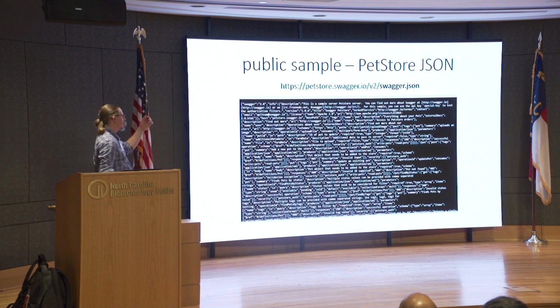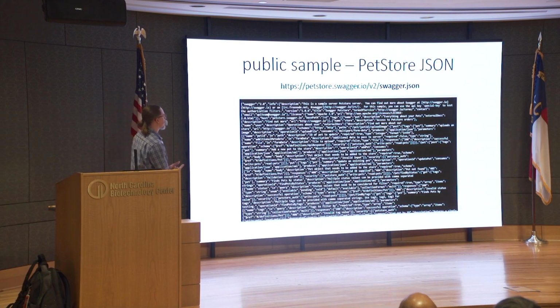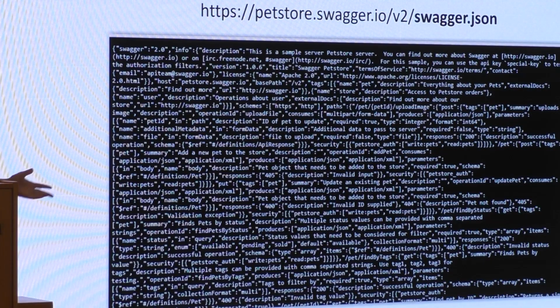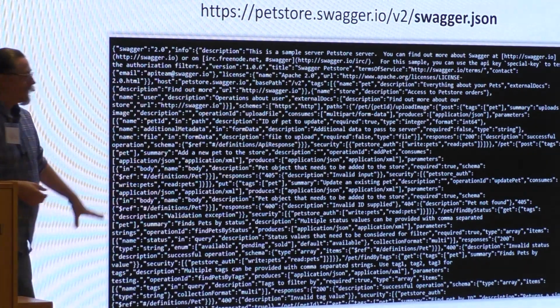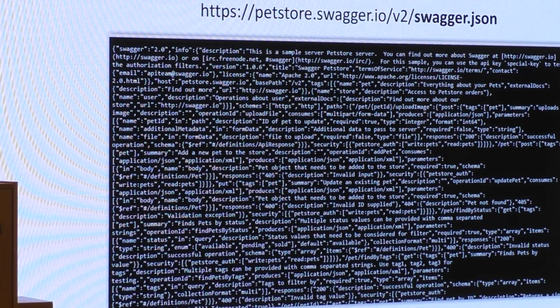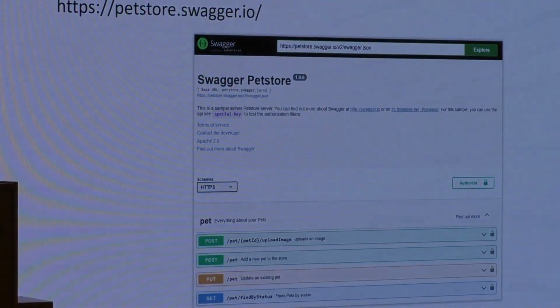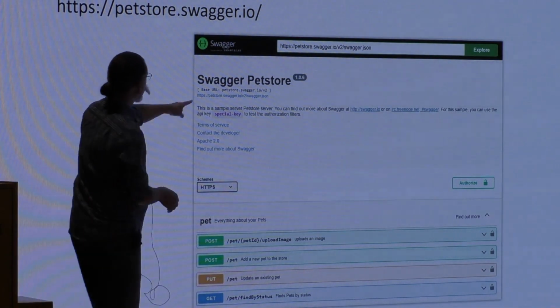Here's a common one that's used for many people when they're learning Swagger. It's called the Pet Store application. This is a free open project where you're welcome to visit it. This is Swagger 2.0. It's a sample pet store server. And they have basic things like looking up pets and purchasing a toy and things of that nature. Again, human readable form, a lot prettier. Now this is version 2.